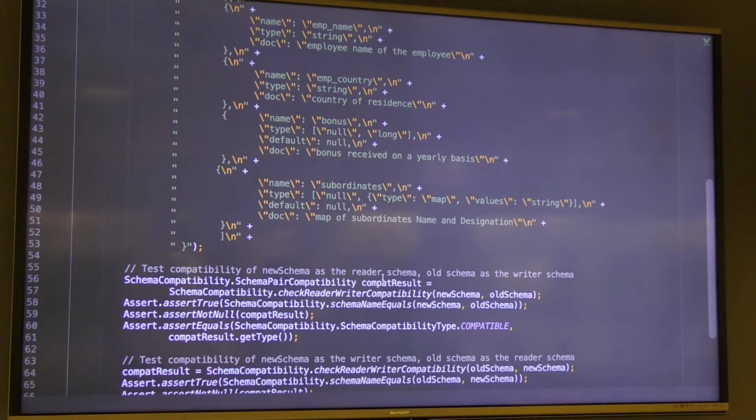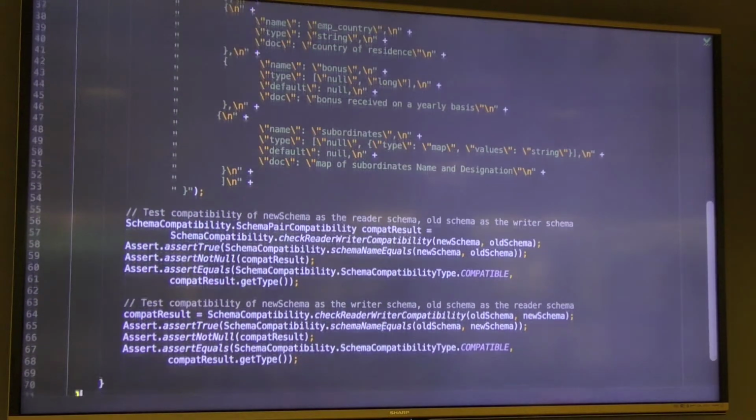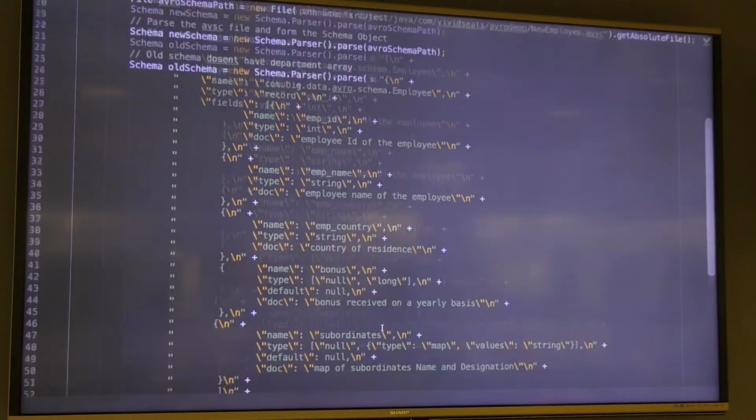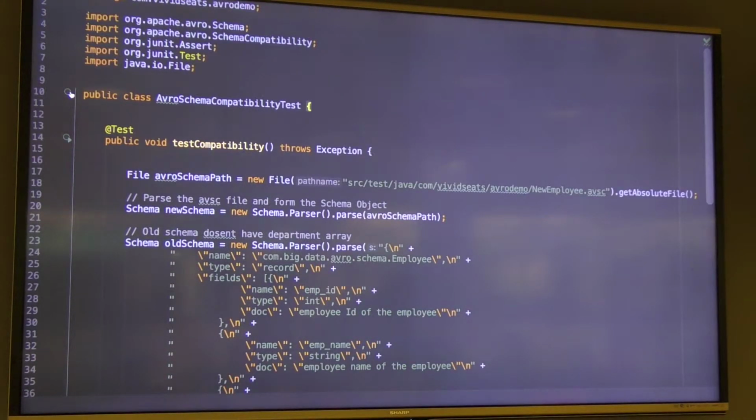The second case is, let's swap that around. I've written something in a new format, and I still have this old application laying around, and I want to be able to read that data even though somebody's changed it and added some more fields to it. So for both of those cases, we're essentially